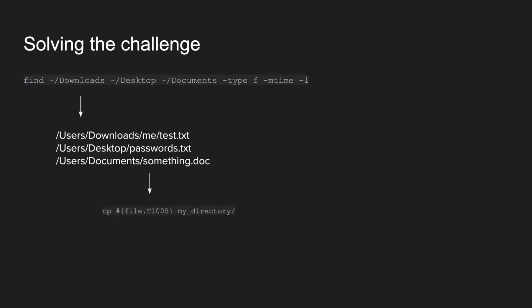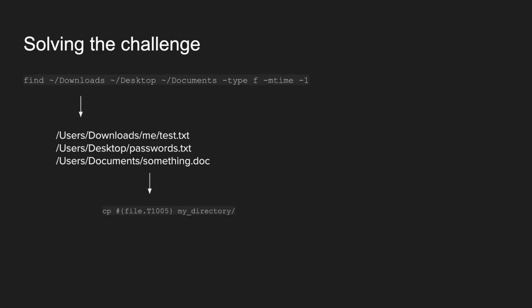So understanding that I got these 3, I may have a second command that will copy files that I find into my new directory. So we'll say that I have a stage directory already on the target system, and notice this command when I do the copy. It is a hashtag curly braces with a variable inside,